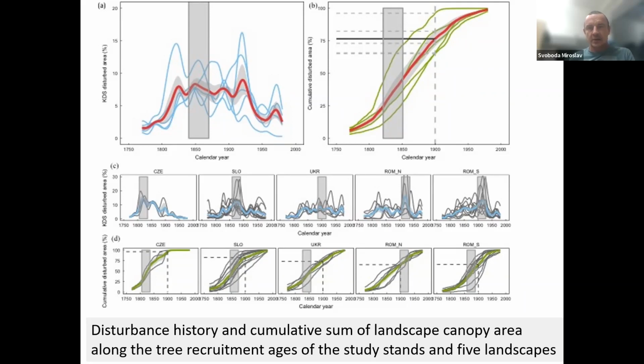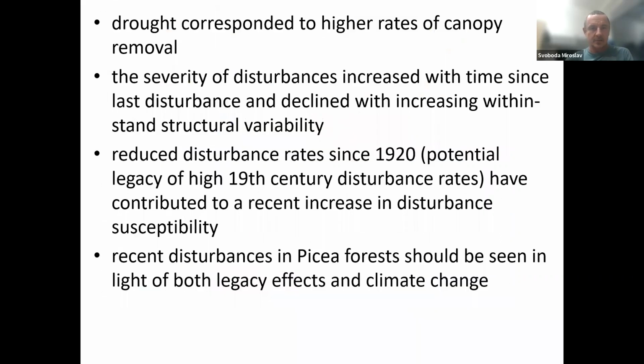So basically, the conclusion from that was that there was interesting regional synchronization, but of course there were differences between different regions. But what we actually think is that this kind of past disturbance legacy has quite an important effect on what's going on in the landscape right now, and I will discuss it later on. So basically, this is the summary of this study, and what I see as important is that the recent disturbances